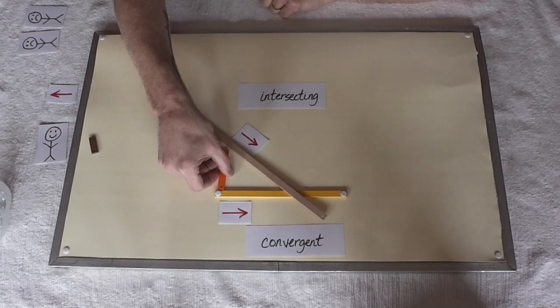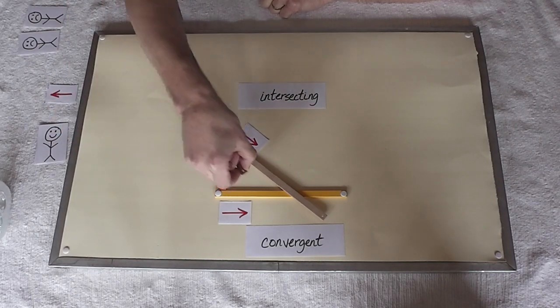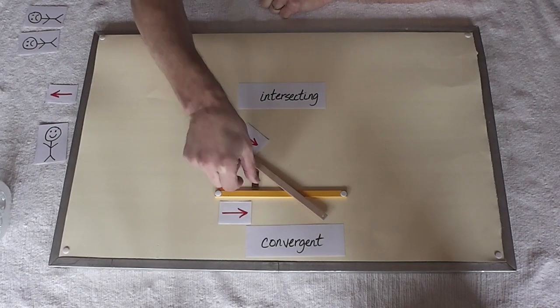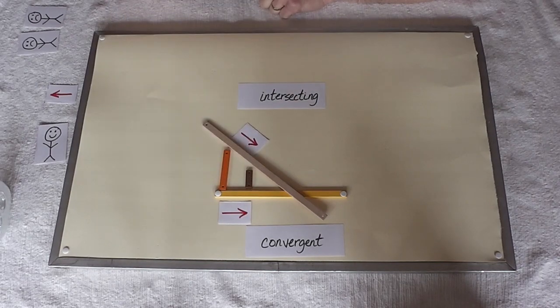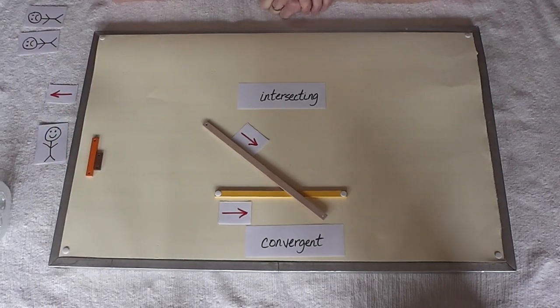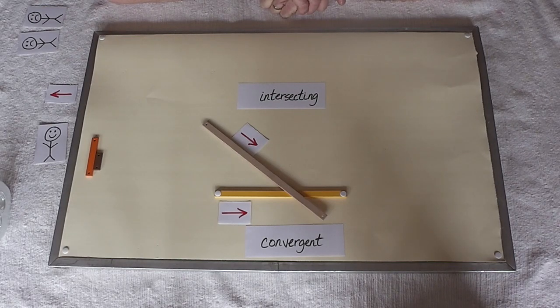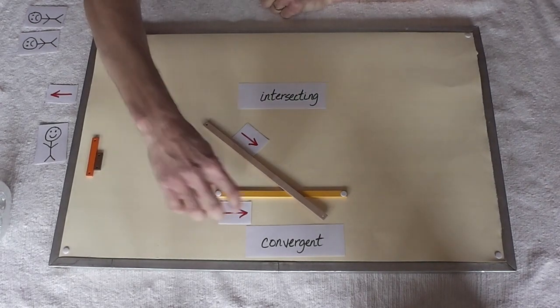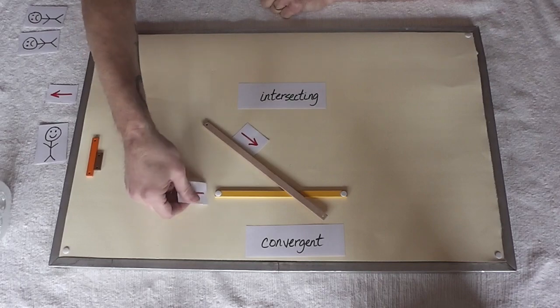Remember, we had the orange stick here, and we had the brown stick here, and you can see the brown stick's shorter. It decreases the distance. So convergent means they keep getting closer together, and it comes from the Latin root cum, which means with, and vergere, which means to incline. So inclined lines that come closer together, I guess. But that's convergent. Now, when they go the other way,